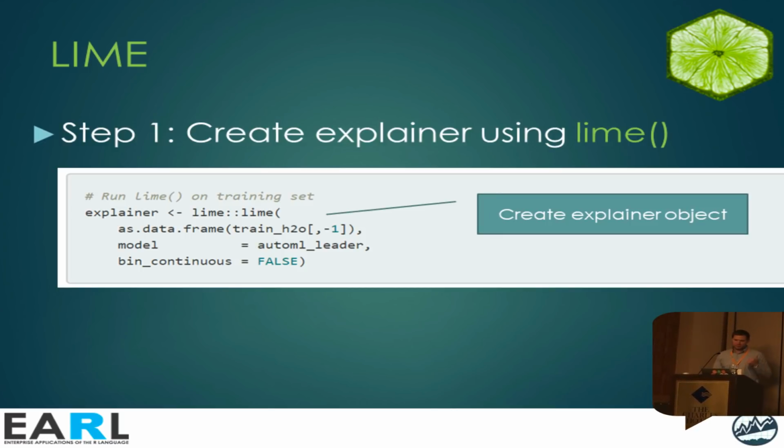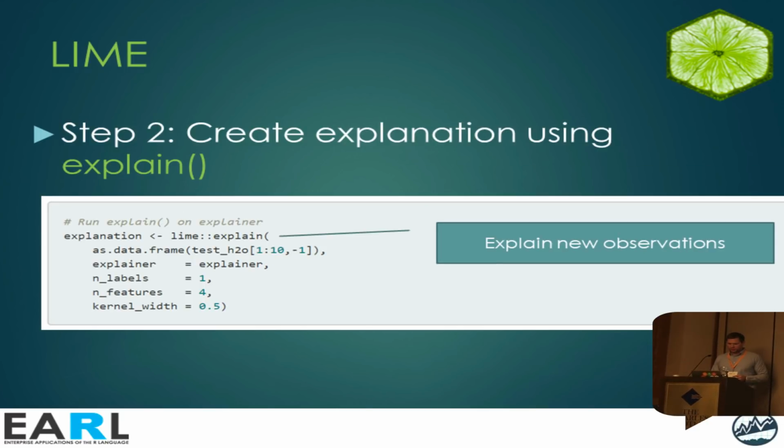Okay, so how does LIME work? Step one, what you do is you use code that's similar to this. You use the LIME function, and it creates this thing called an explainer object, and you pass it to the explain function along with that test data set. So there's a couple other things that you need to be aware of. Probably the most important one is this kernel width, because each of those local models has an R² value that you want to try and maximize. So you can adjust that to get your optimal level.